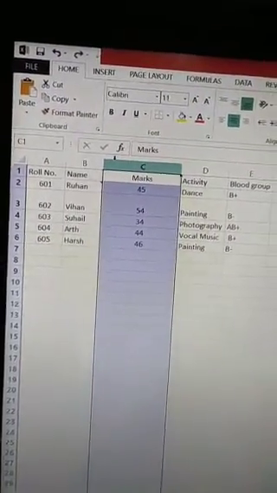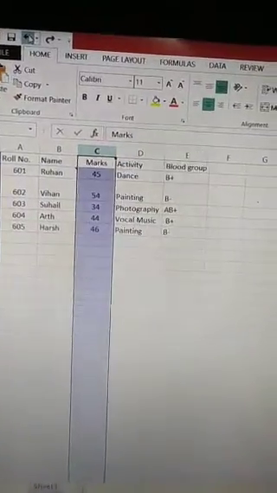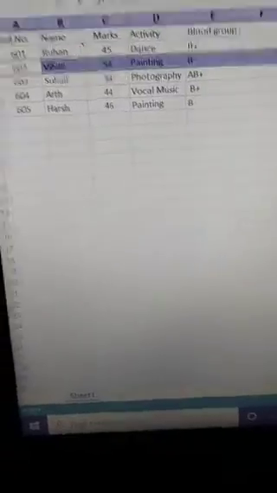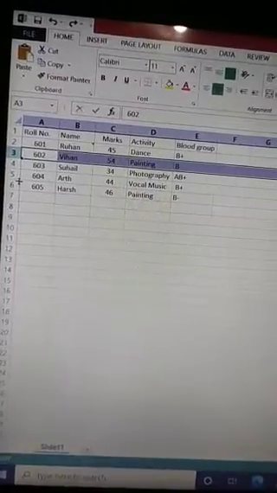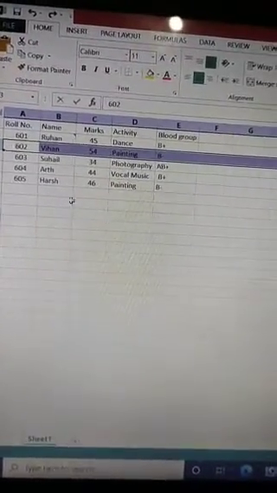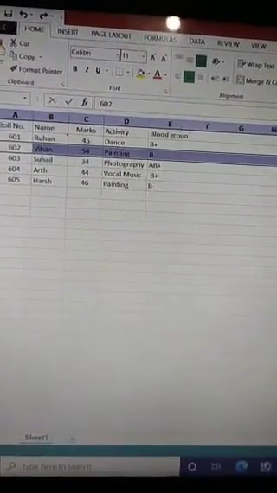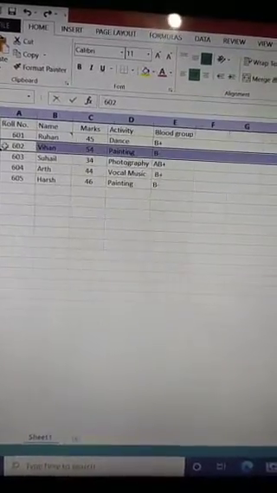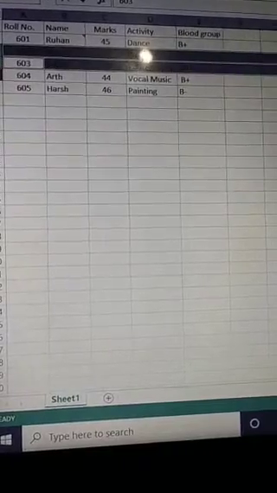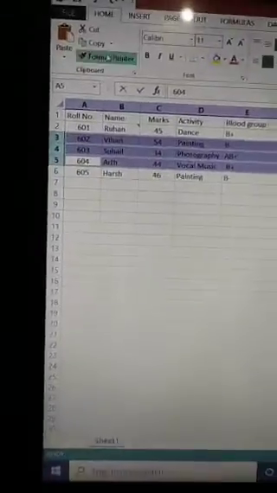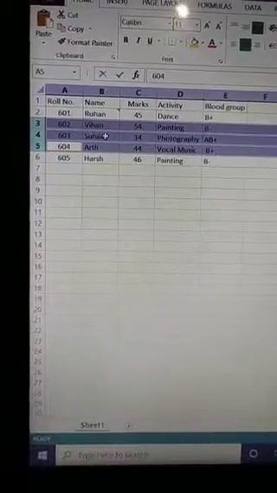We can also change column width and row height manually. How? At first select the rows which you want to change the row height. So I have selected these 3 rows.